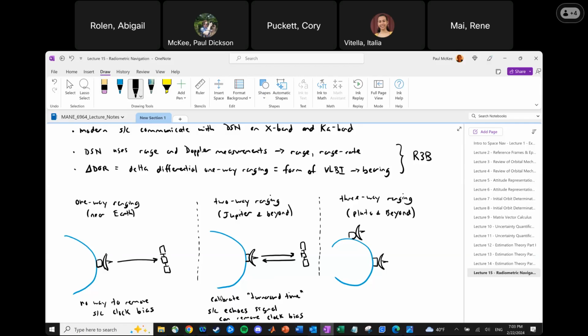So you might hear about DSN one-way ranging, DSN two-way ranging, or even DSN three-way ranging. Three-way ranging is more useful when you get out to Pluto and beyond. So this would be something where we receive something from the spacecraft, we have communication between 2 ground stations, and in this case, we do this because signal takes